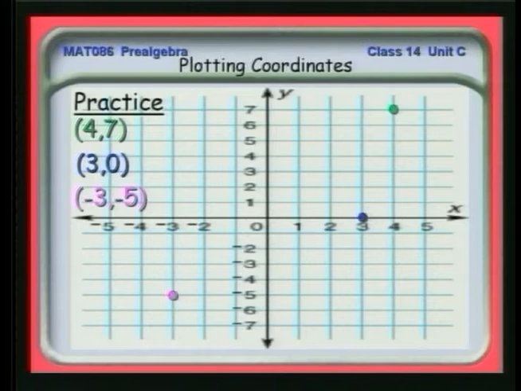Now, this actually looks very, very theoretical, with no particular use for it. But remember, in Unit B, we were looking at charts. And this kind of plotting can be useful when you want to show people information that depends upon particular measurements over time, or to compare two different quantities together.